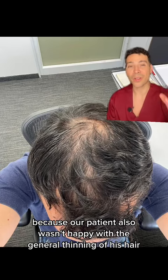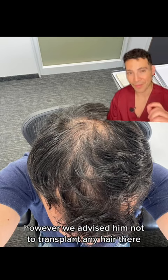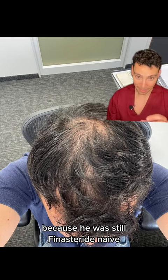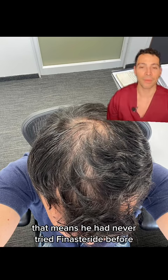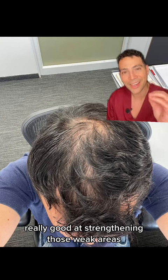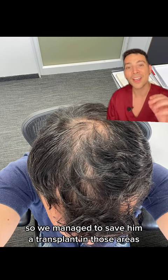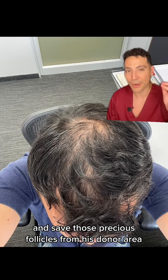Now this is a really important picture because our patient also wasn't happy with the general thinning of his hair and his crown. However, we advised him not to transplant any hair there because he was still finasteride naive. That means he had never tried finasteride before, and in our experience we know that finasteride is really good at strengthening those weak areas. So we managed to save him a transplant in those areas and save those precious follicles